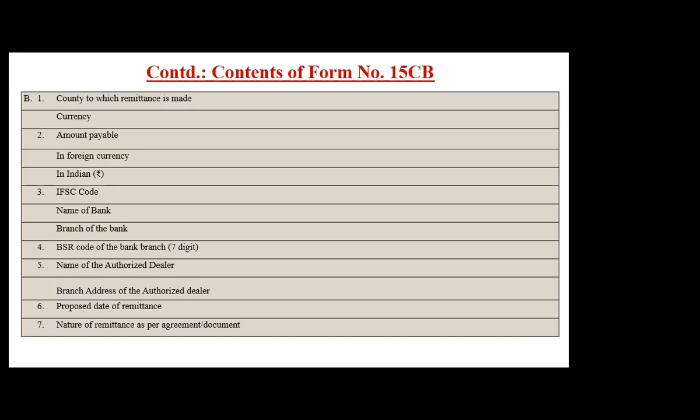Otherwise, if the proposed date is before he could actually make the payment, because of whatever reasons or circumstances he is not able to make the payment, so we give him a window of say 15 to 20 days in the proposed date of remittance itself, and then he can generate the form as per his comfort during that 10-15 days window. अगर उस बीच में उसने जनरेट नहीं किया तो we will have to again issue a 15 CB, invalid हो जाएगा। Proposed date निकल गई, then we will have to reissue. There's no other way. 10 to 15 days, unless वो withdrawal का option है and all that.